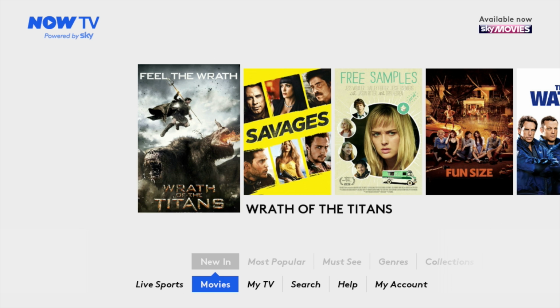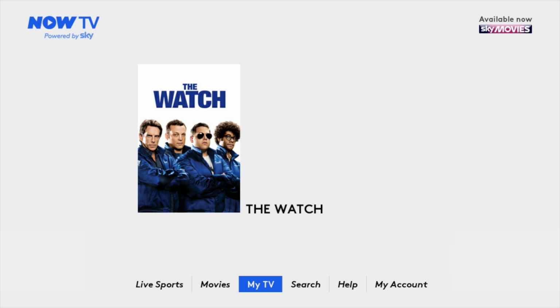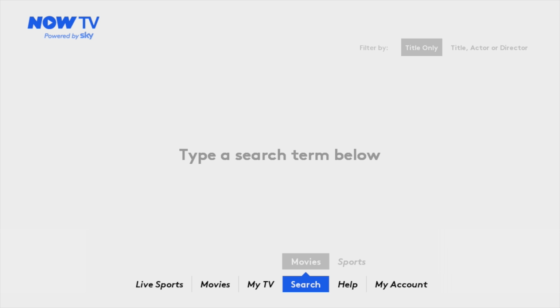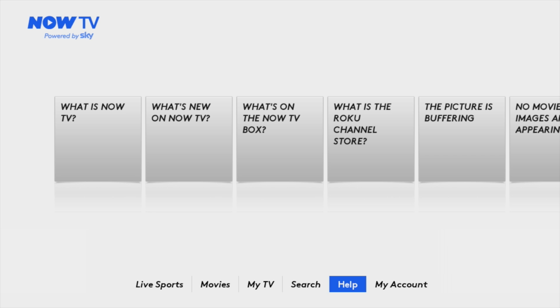The other tabs we've got down here are My TV, which shows you basically what you've already watched. This was the one film that I watched today so that I could get an idea of the quality. Very good film actually, and it just displays these here so that if you haven't finished watching something, then you can dive straight back into that particular title. And then we've got a search category here where we can actually search for content. We've also got a help category, and then the last one that I'm not going to go into is My Account. So I'm going to hit this home button once more,